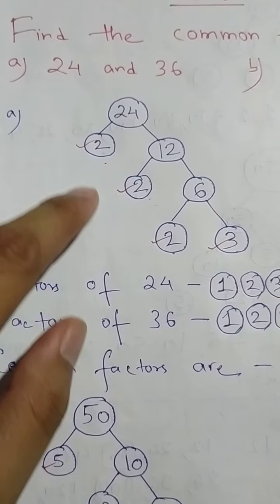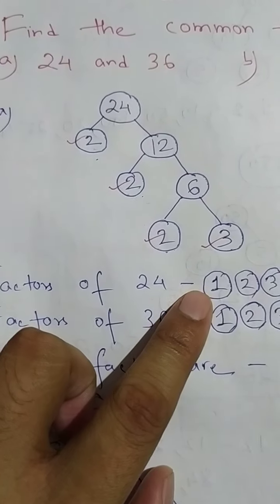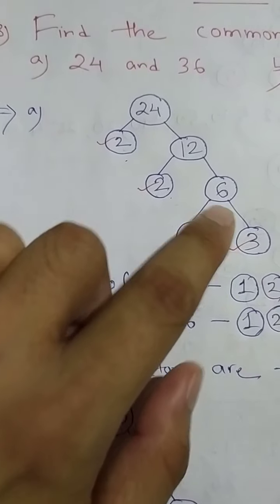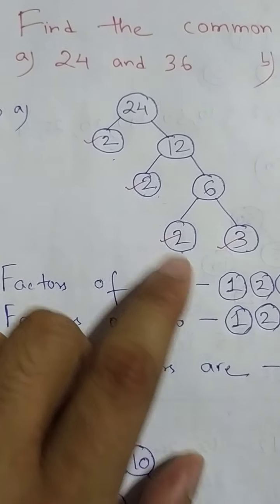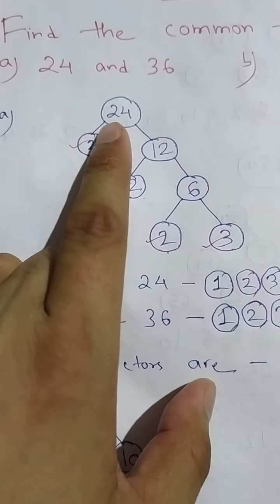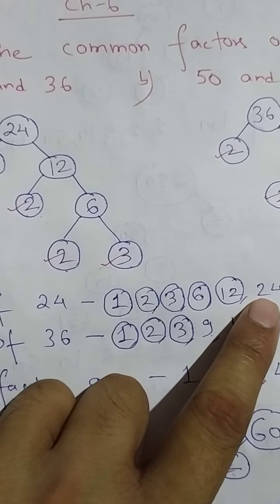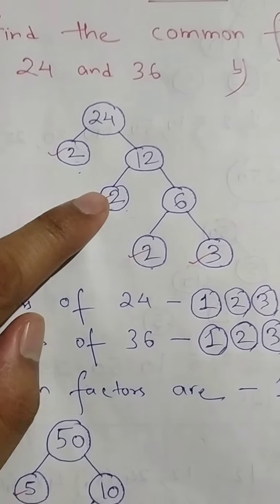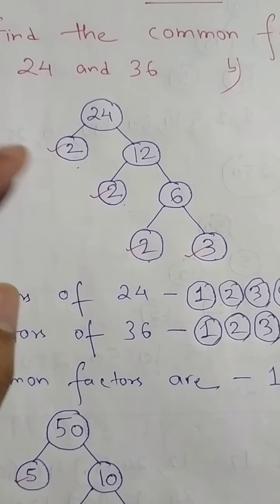Here, write down all the numbers including 1, because we know 1 is a factor of every number. So again, you have to write down all these numbers including 1. The factors are 1, 2, 3, 6, 12 and 24. Now these are the prime numbers; I have given one tick mark. These prime numbers you have to multiply in all possible orders.